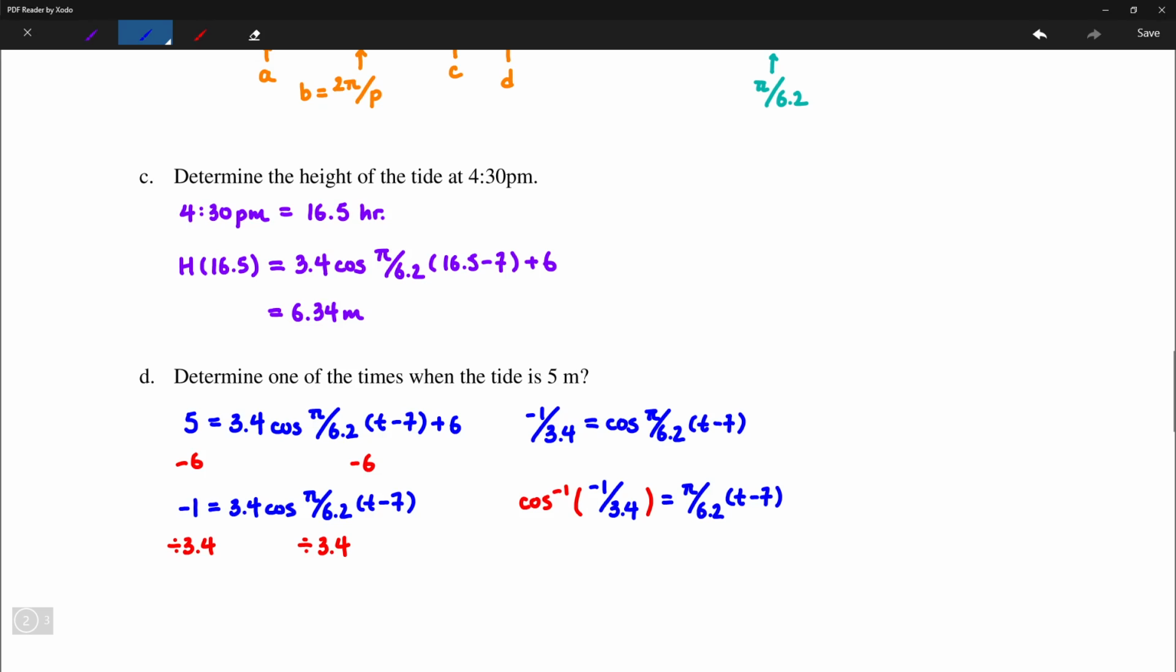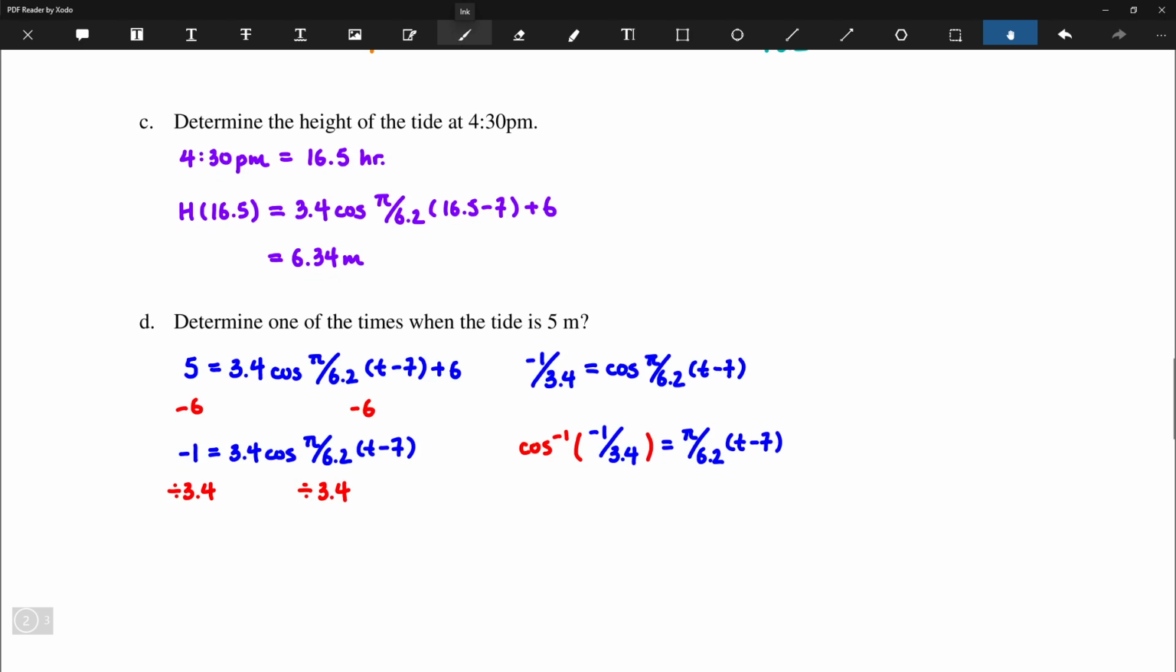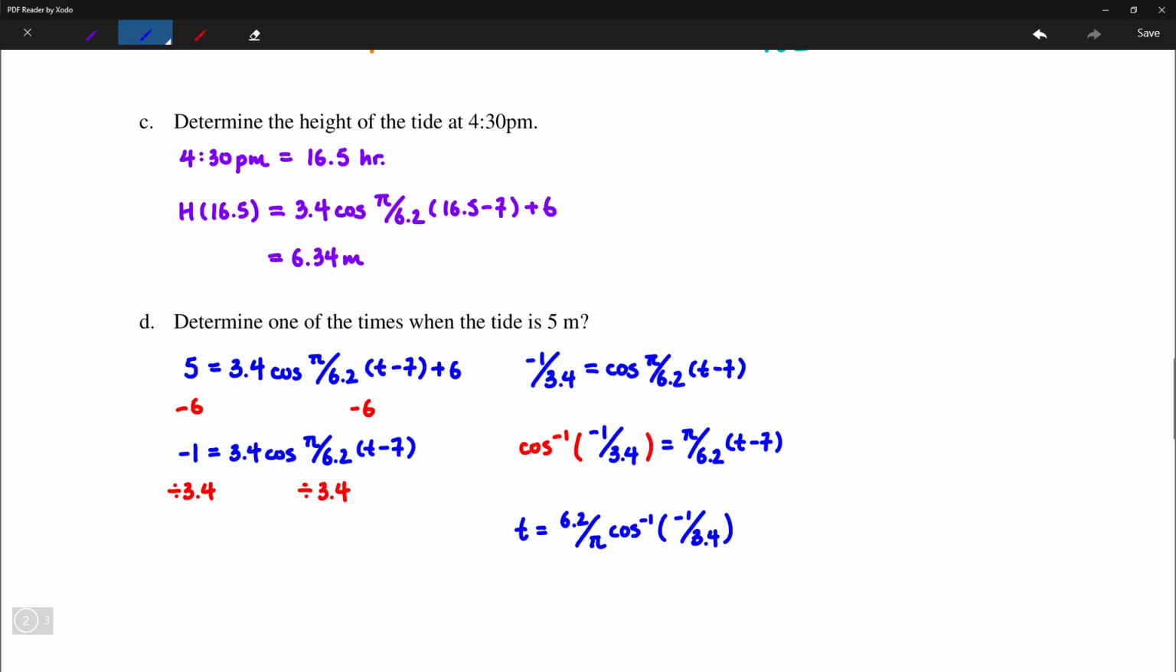And then afterwards, we can simplify this a little bit more. We can multiply both sides by 6.2 over pi, and then from there also add 7 to both sides. So we can rewrite it so that t is just going to be equal to 6.2 over pi, arc cosine of -1 over 3.4, and then afterwards plus 7. And if this were evaluated on a calculator, that will give us